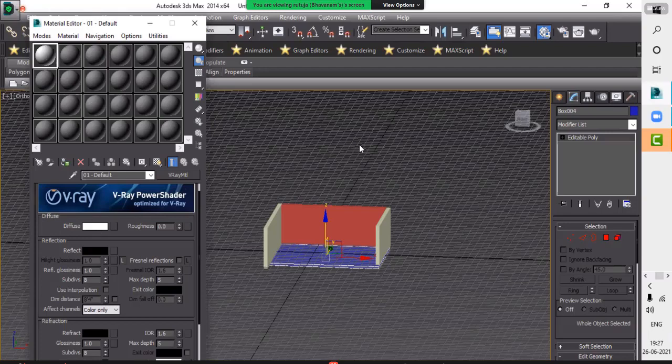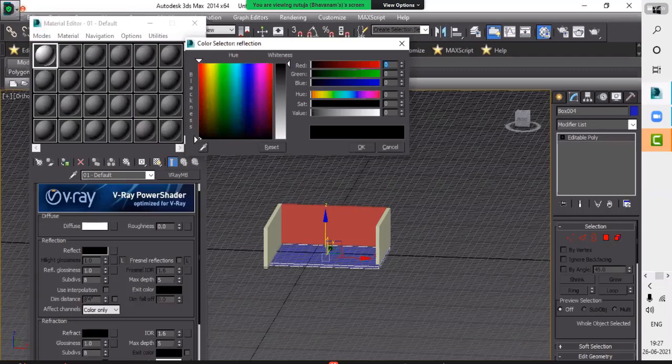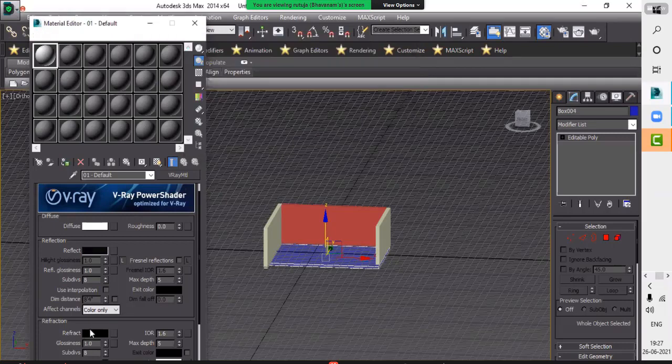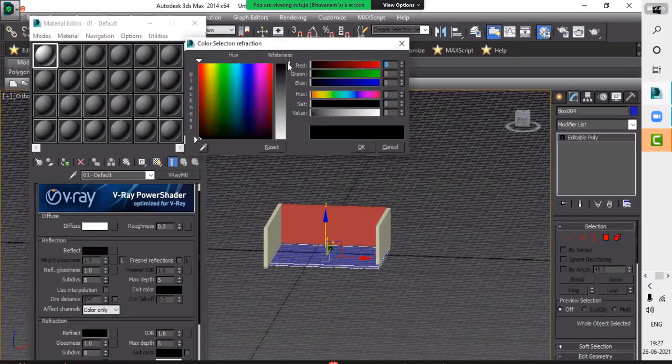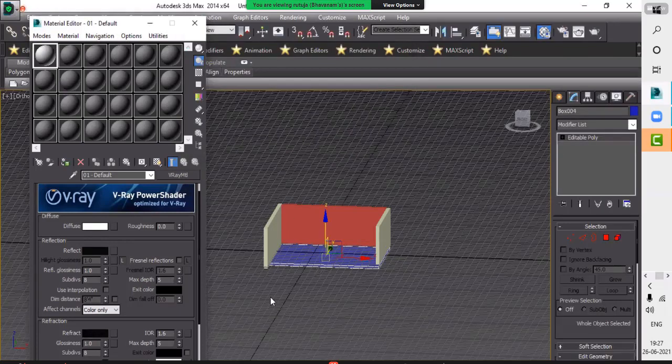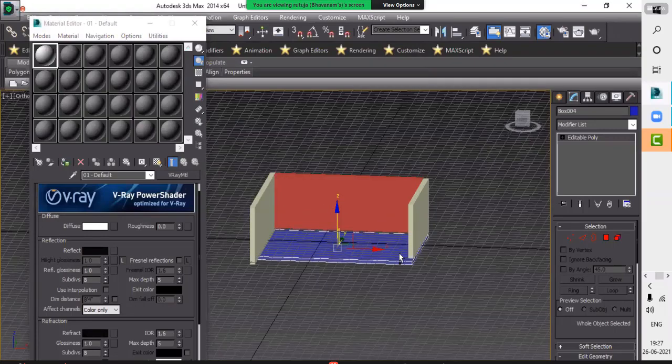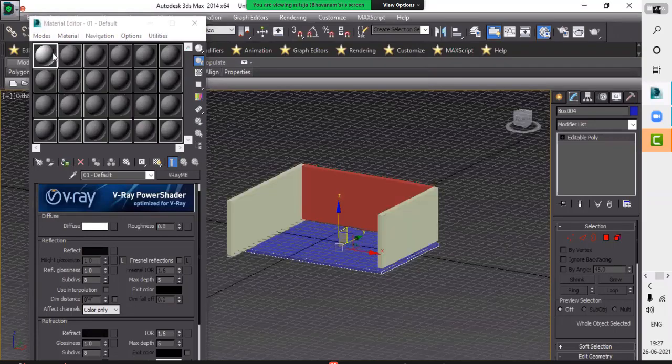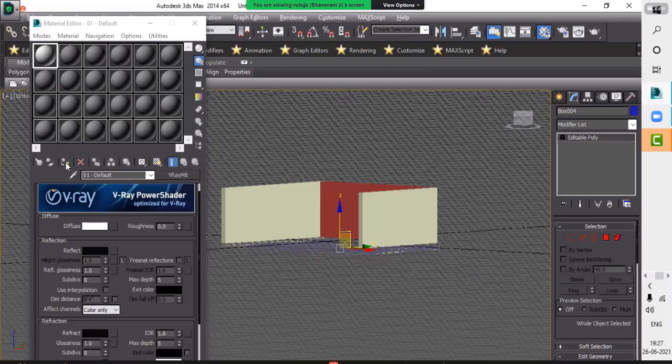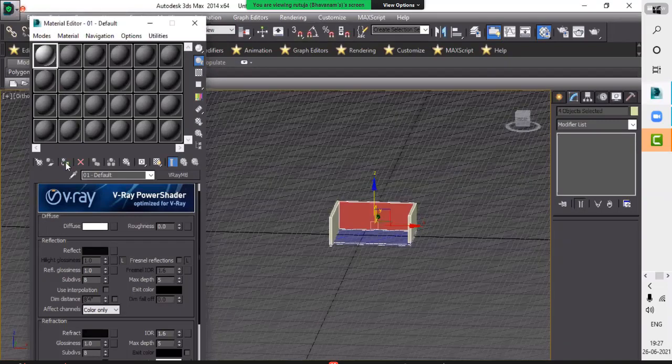When we get the white color, I will increase the reflection at one point only, minimum, and after that the refraction also minimum. Don't go higher than this. Select your model, select the color, and here is Assign Material to Selection.